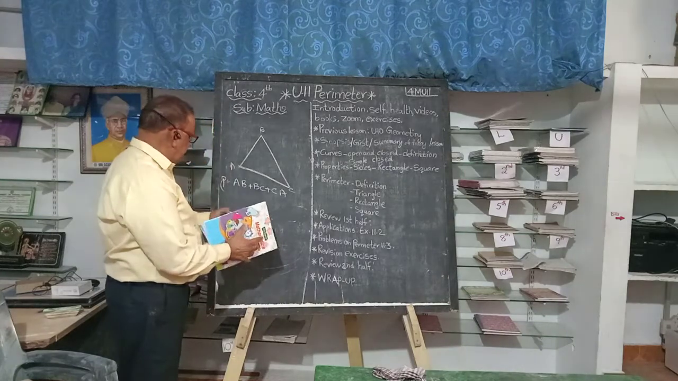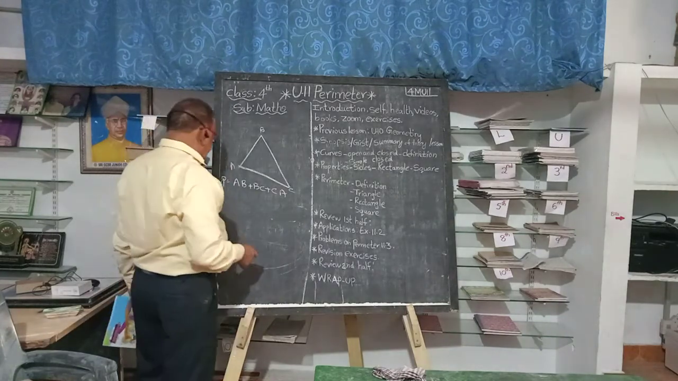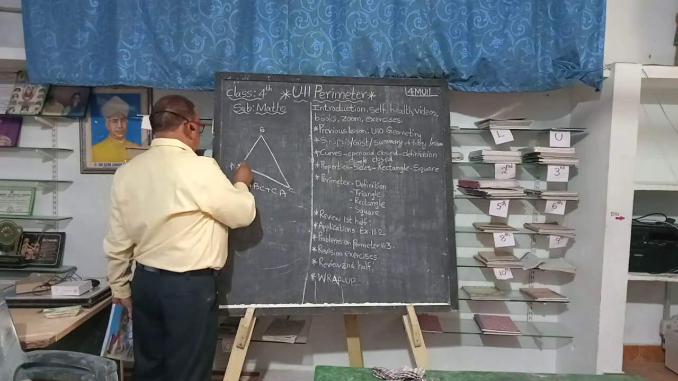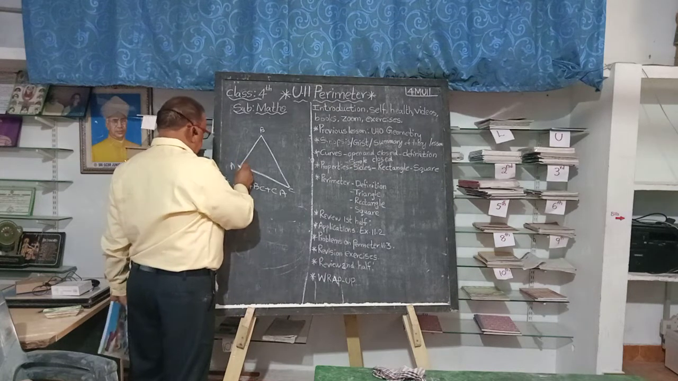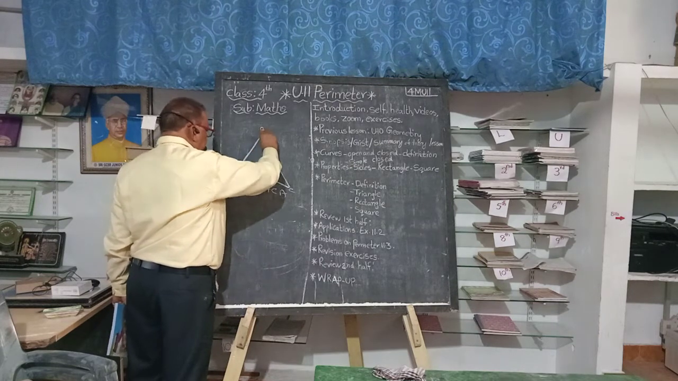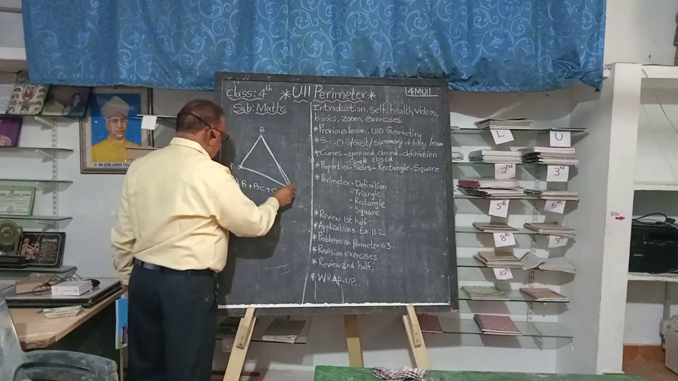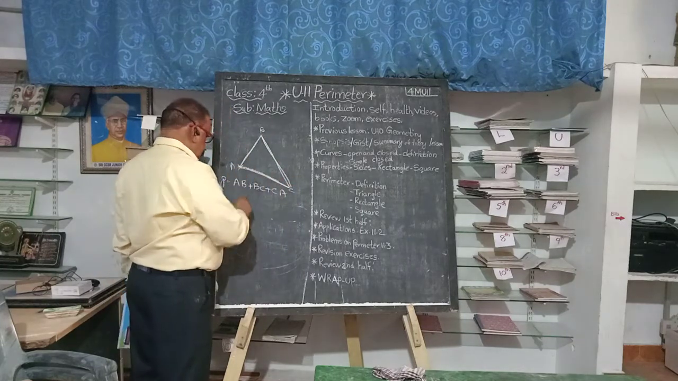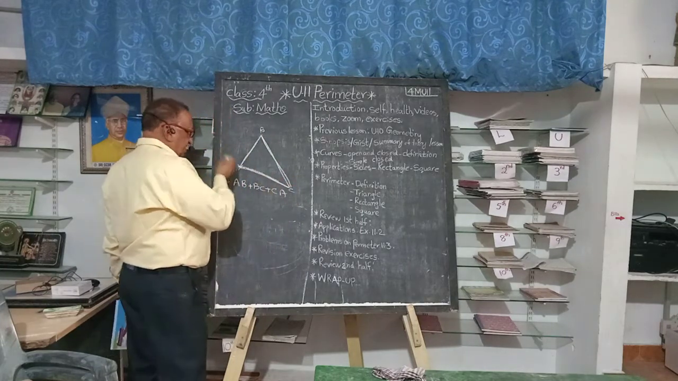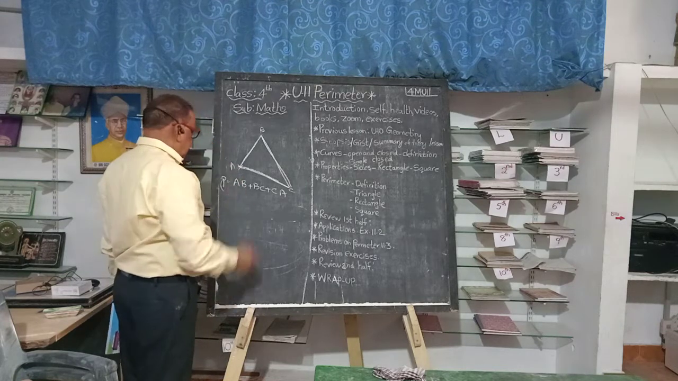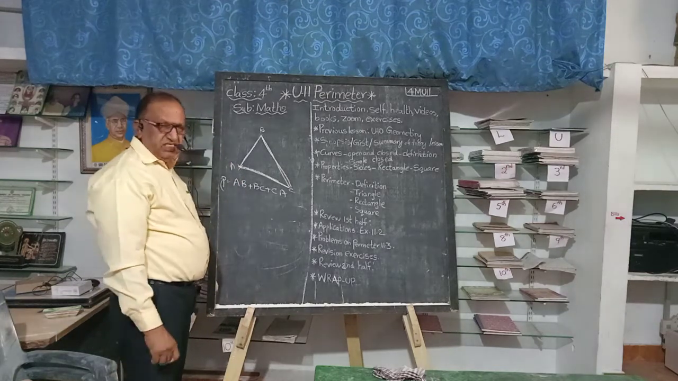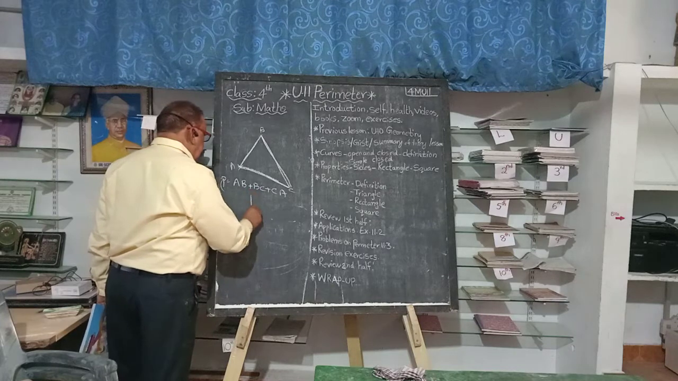So, in the case of a triangle, when you want to find the perimeter, suppose you start here, you go to AB, and from there you come here BC, from there you come back to A. So, for a triangle, the perimeter is equal to the sum of the 3 sides of the triangle. Now, if I take the square,